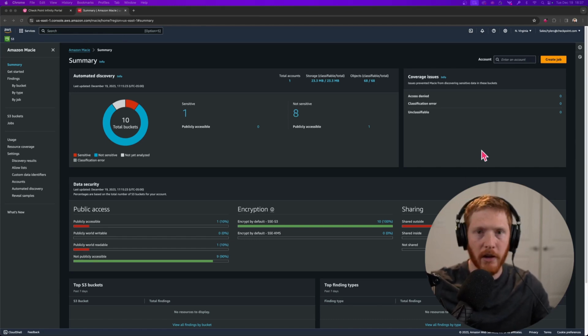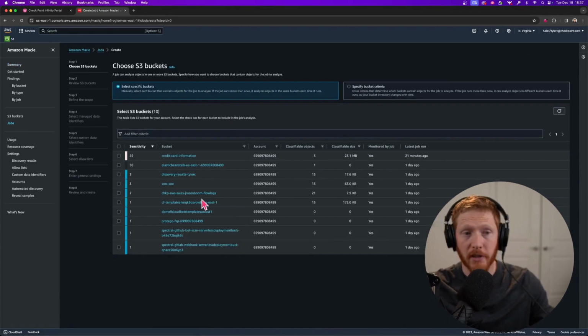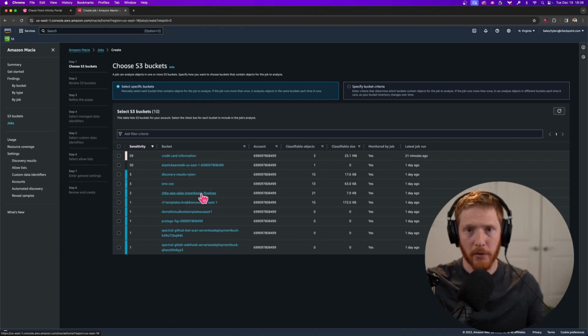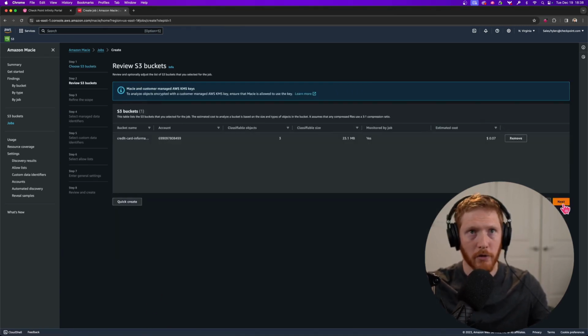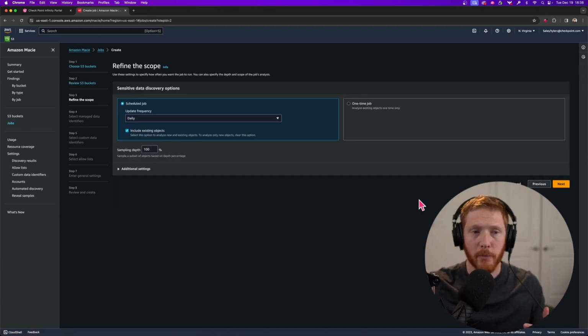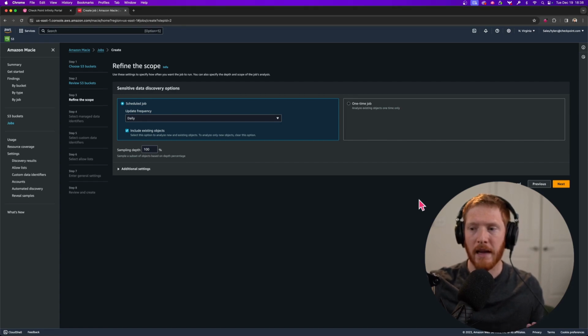of the data classifiers and more granular controls that you have. So we're going to go up here to create a job. You get to select the specific S3 buckets that you would like to include in the job. For this one here, I'm just going to go with credit card information. Want to make sure that you review your selections. That's all this is. After that, you get to pick the actual schedule for the job, right? So you can do a one-time discovery scan, which is definitely helpful. Like it certainly has value, but I definitely think that a recurring scan will offer more to your overall cloud